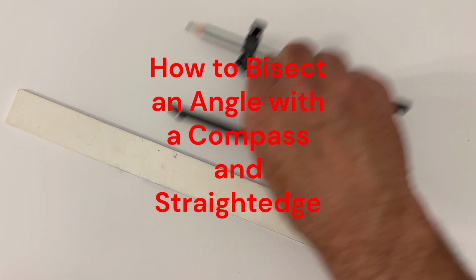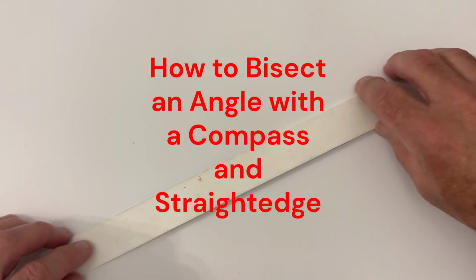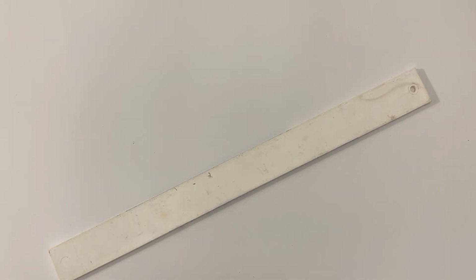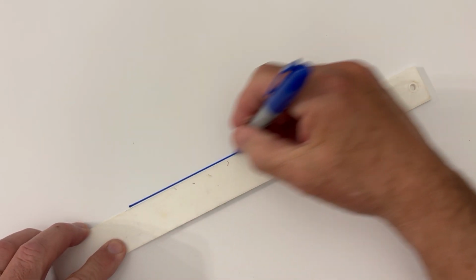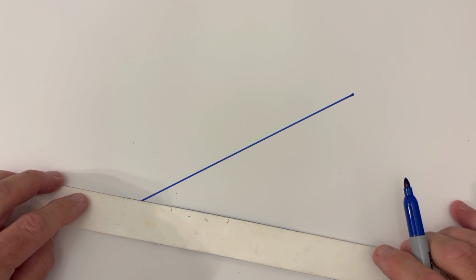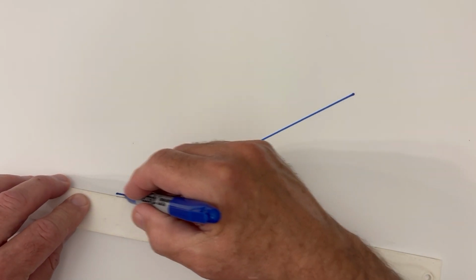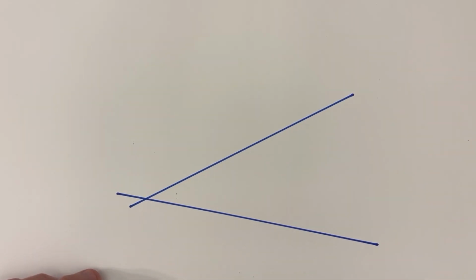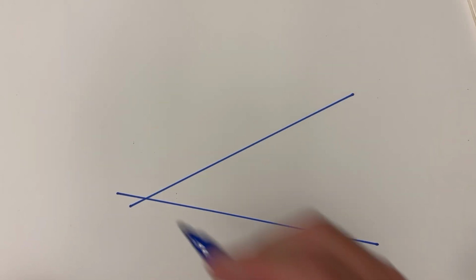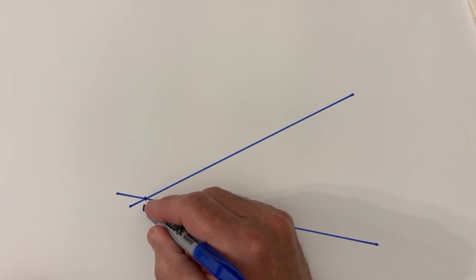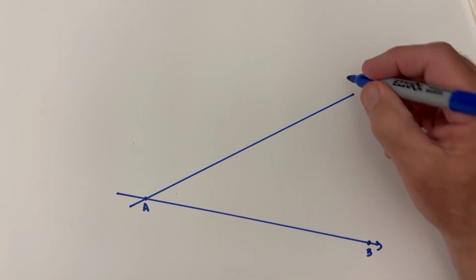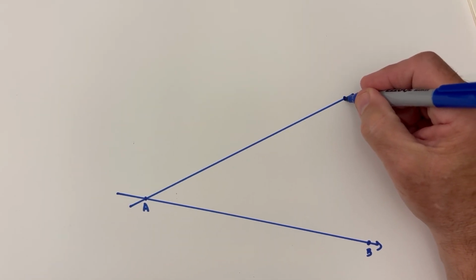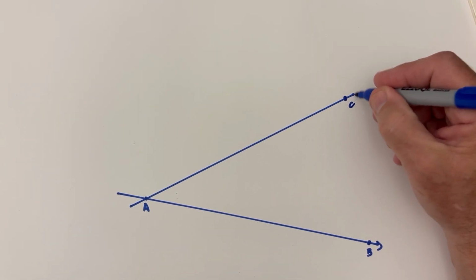So the first thing we want to do is draw our angle, and we're going to draw two lines, just like that. And then we're going to put some labels on them so we know what we're talking about. Let's call this point where they intersect A, and just put something out here, B, so we know this is ray B, and then we'll put a C up here